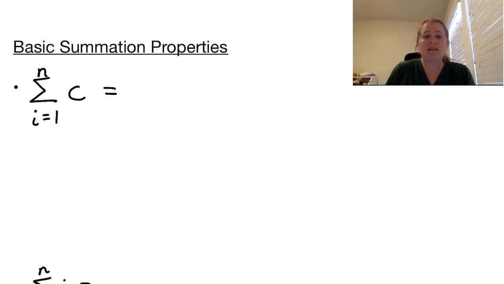Welcome to basic summation properties. So we're just going to run through some very basic sums and facts, and then we'll do some examples with